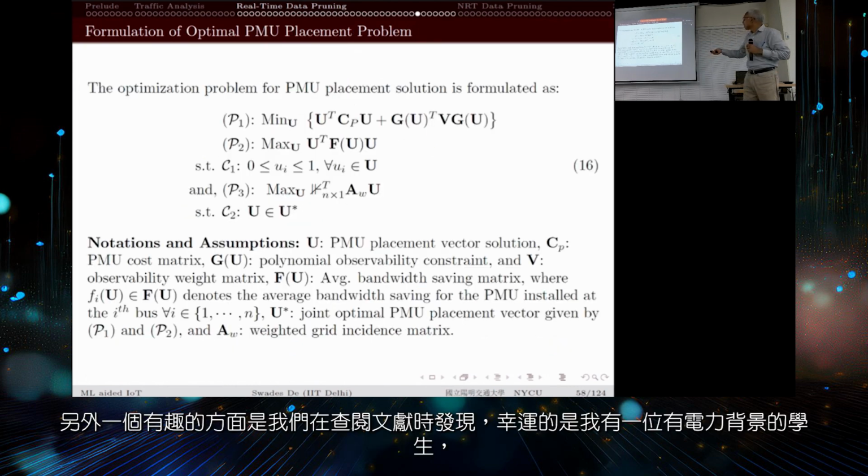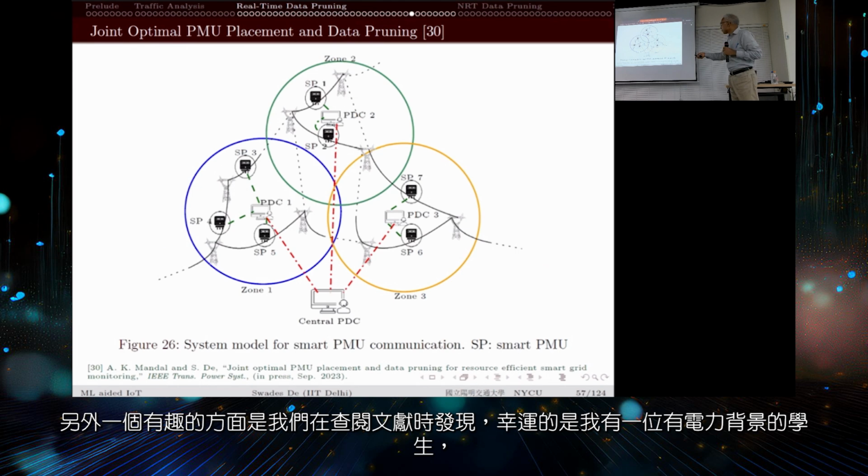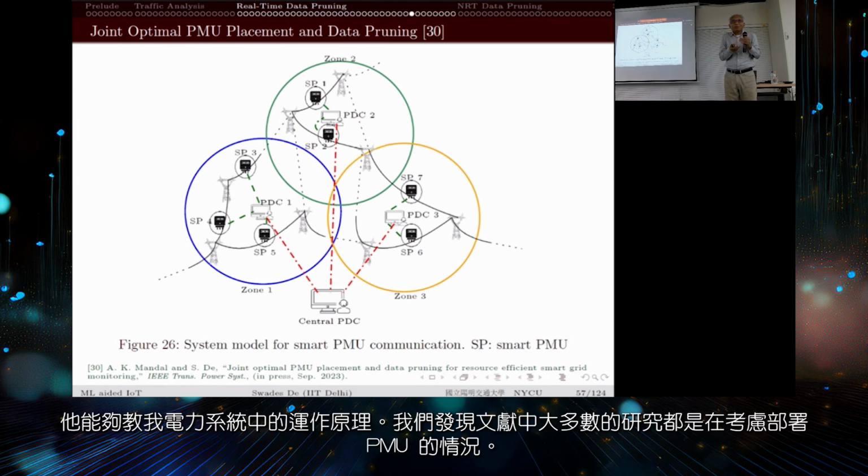Okay, so the other aspect of interest is that we were looking at the literature, and fortunately I had a student who had a power systems background. So he could actually educate me on what works in power systems. What we figured out is that the literature mostly deals with the consideration that the PMUs have,